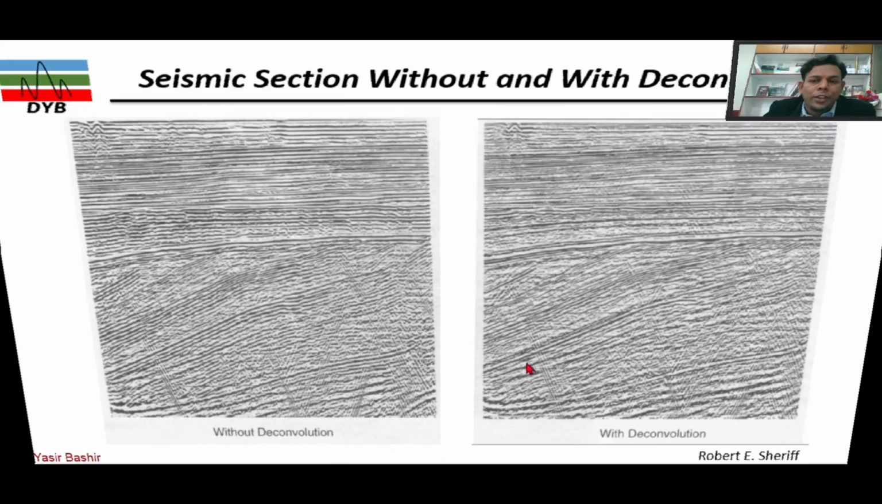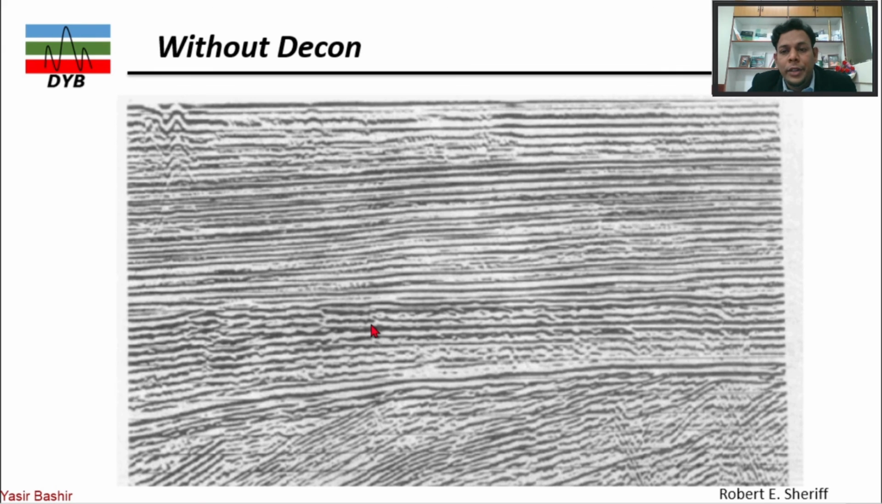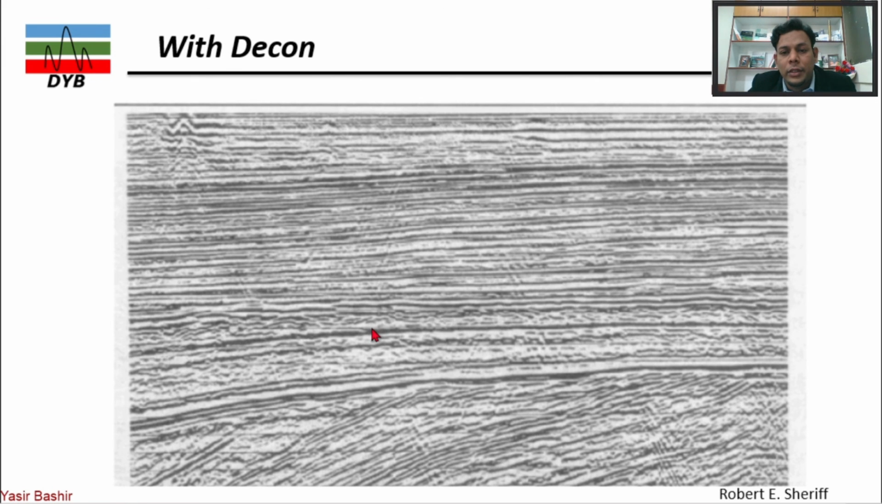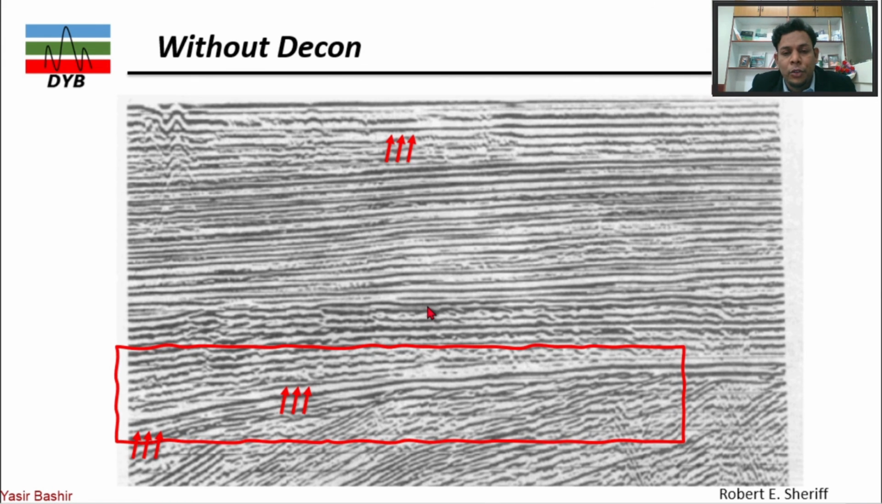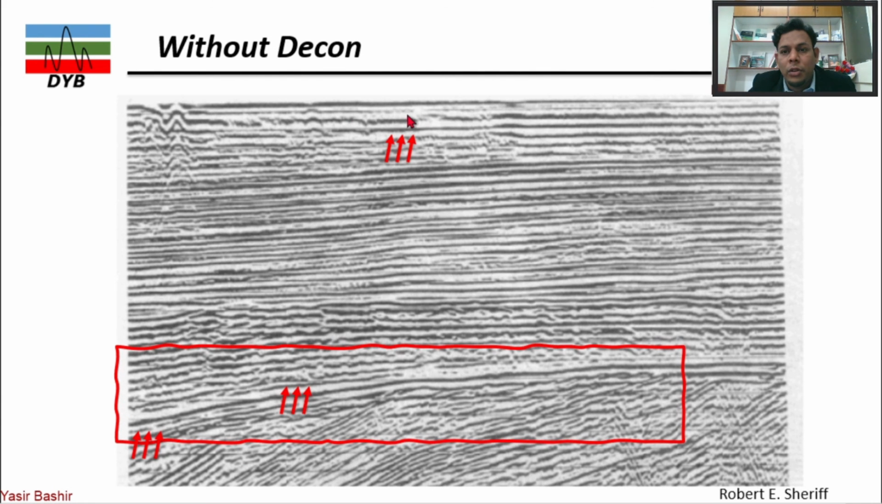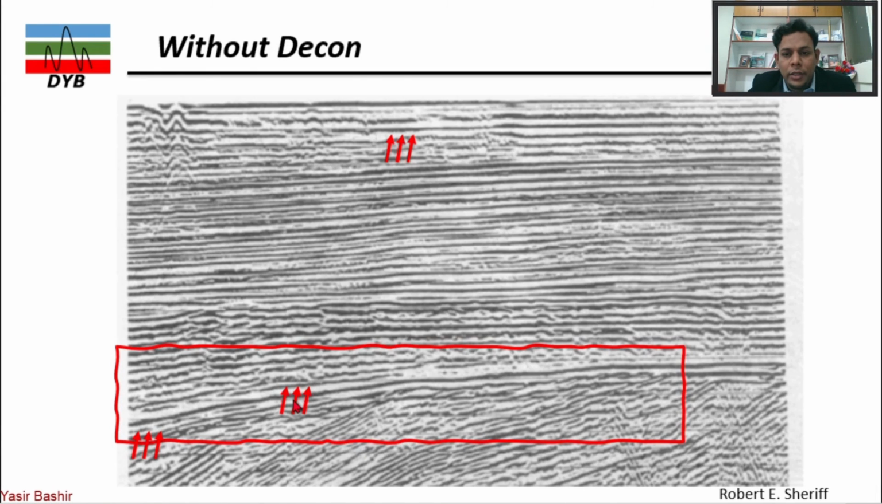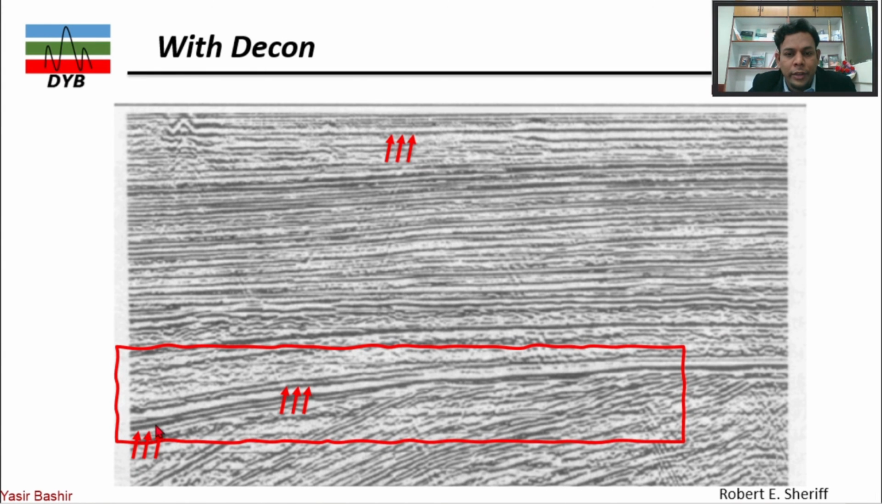One more example of deconvolution. This is without deconvolution, from Robert Sheriff. Let me zoom it in. This is before and this is after. Let me highlight quickly. This one is before, without deconvolution, and this is with deconvolution. If you focus here, you can see there are no multiple reflectors. But after this you can get high vertical resolution. And if you look at this one closely,